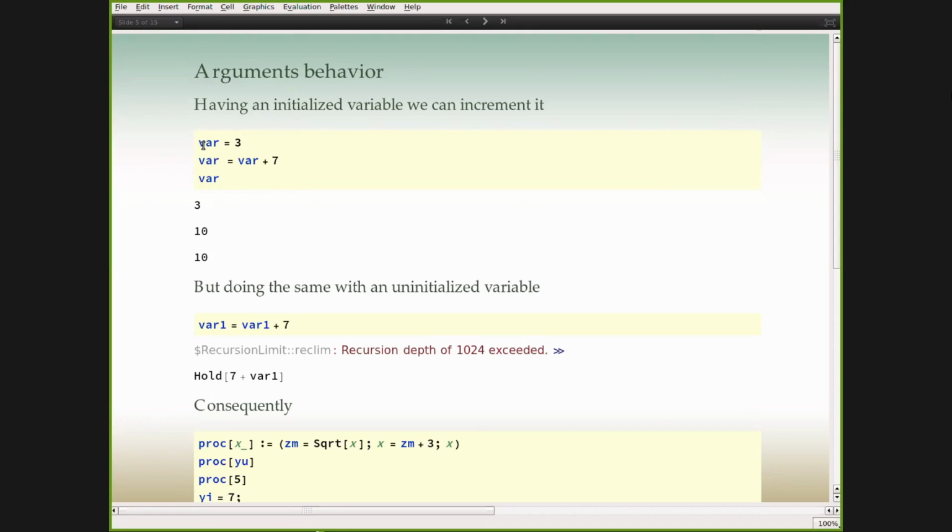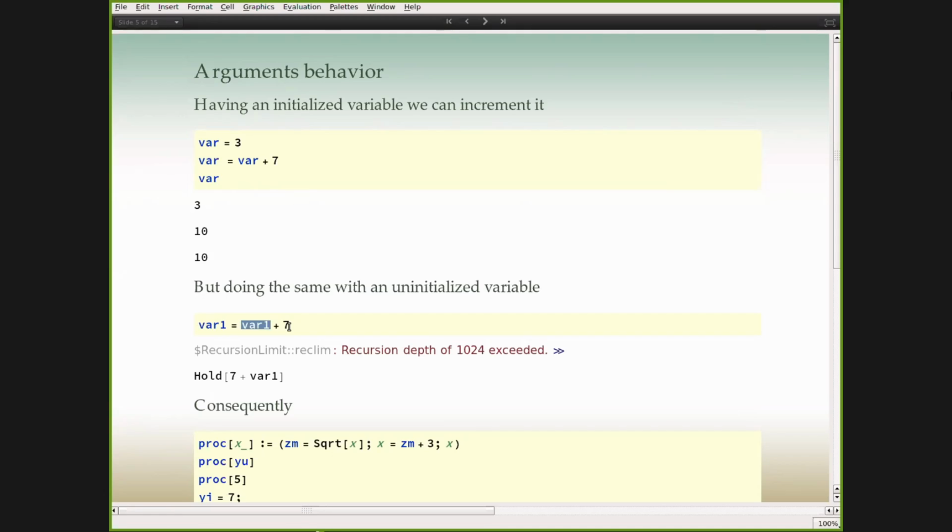For example, when you have variable var and you assign to it value 3, that's okay. And when you try to add something to it, like 7, you will obtain 10, and variable var will have value 10. But if you do the same with an uninitialized variable, and you say that var will be this variable plus 7,